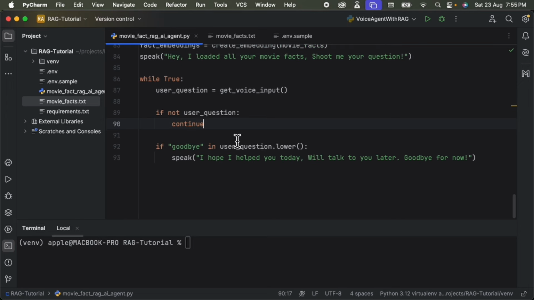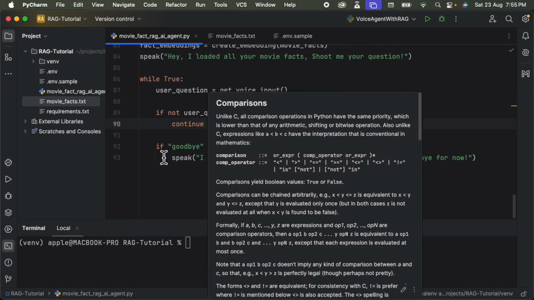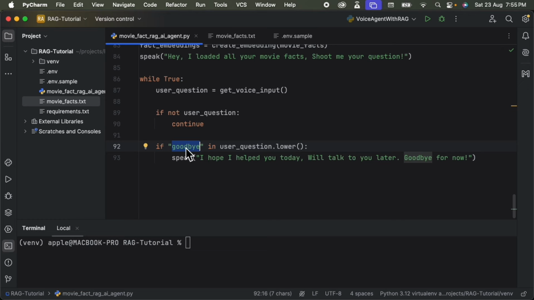When there is a user question, or any user input, and if it has something called goodbye in it, I'm just assuming it's a hard-coded or rule-based method of exiting the loop. So if goodbye is present in the user question, your agent will speak, "I hope I helped you today, we'll talk to you later, goodbye for now." So now the actual part,